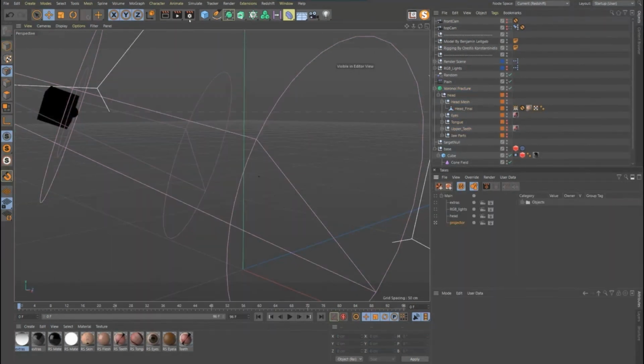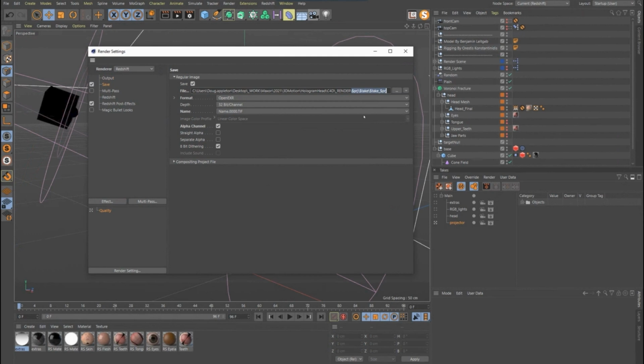Last thing to do with all of this is talk quickly about tokens. The way tokens work, you have these little tags. So this right here is a token, this $PRJ. If you click this drop down, you have all these different tokens. PRJ was project name. So right now that is going to name my file after this project name, which is hologram head clean version 1. If I do a backslash and then something else like my take, now that's going to create a folder with my project name and then name my file after the take.